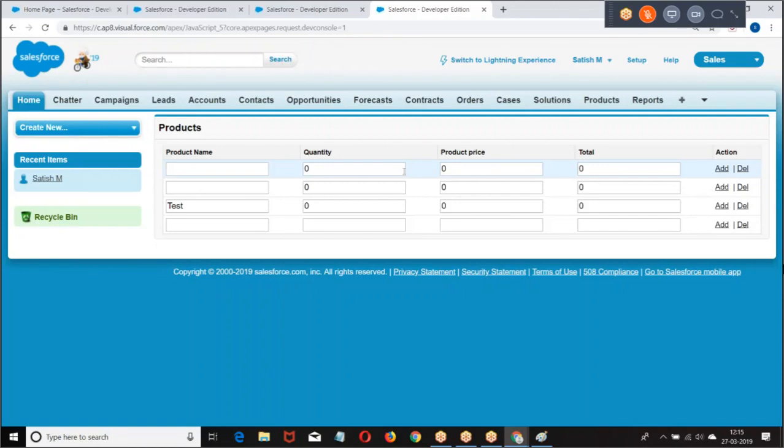In the list, if you want to add an element at a particular position, list dot add index comma element. If you want to remove an element from the list, then list dot remove index. So the question is, how do you pass the IDs?